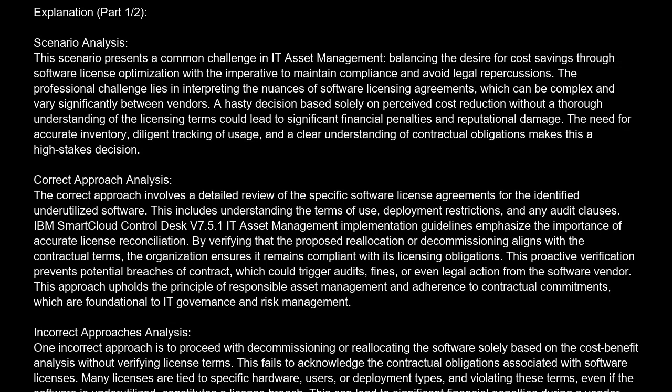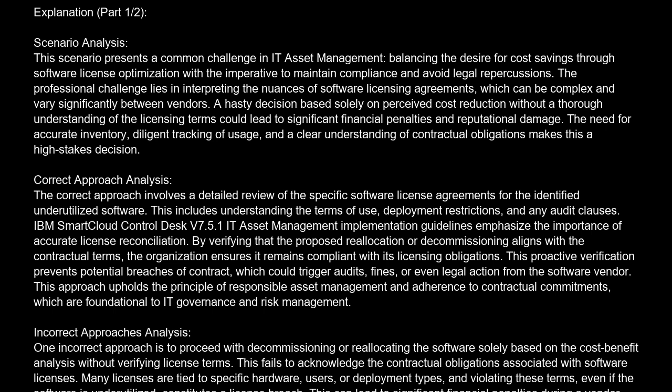The correct answer is B. Immediately proceed with decommissioning or reallocation to realize the projected cost savings, as the analysis clearly indicates financial benefits. Explanation. Scenario analysis. This scenario presents a common challenge in IT asset management, balancing the desire for cost savings through